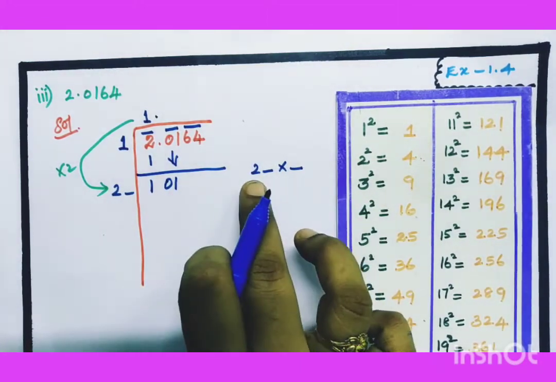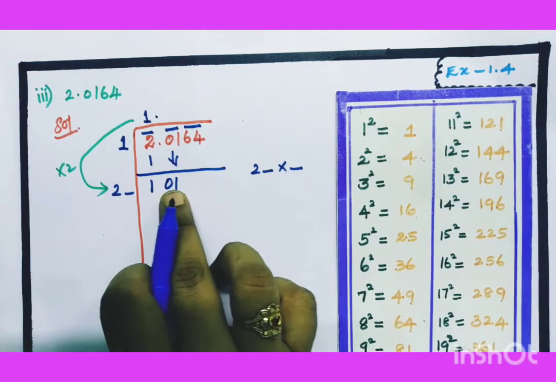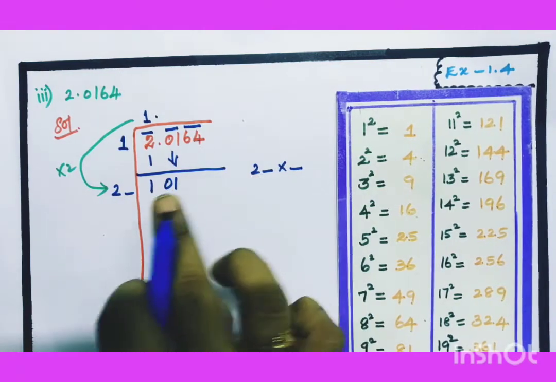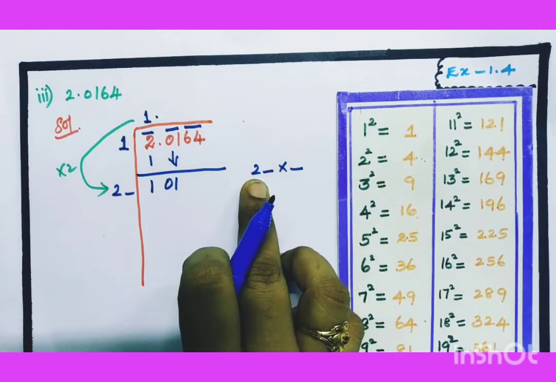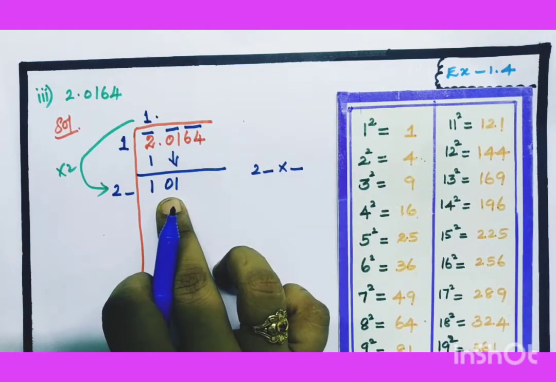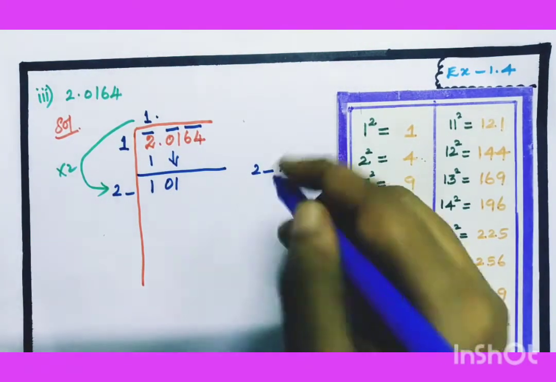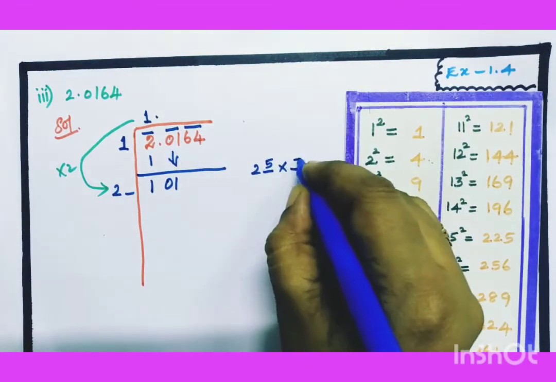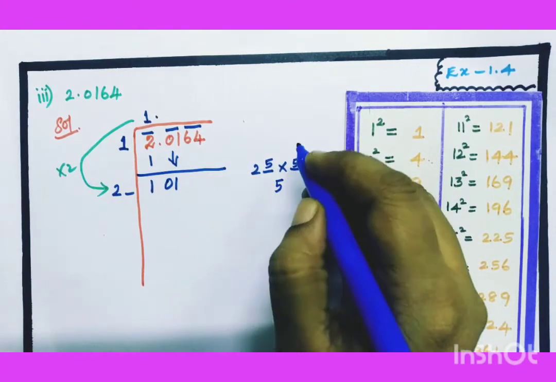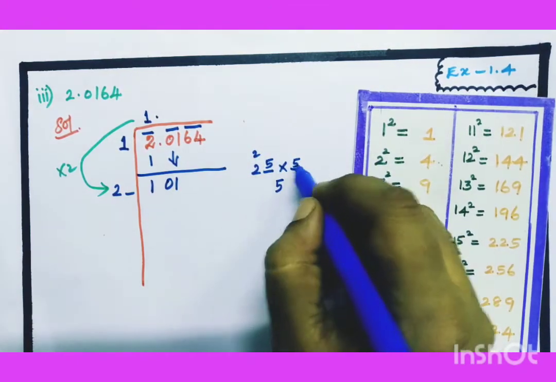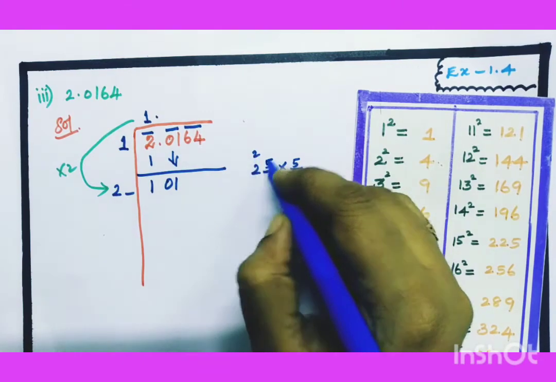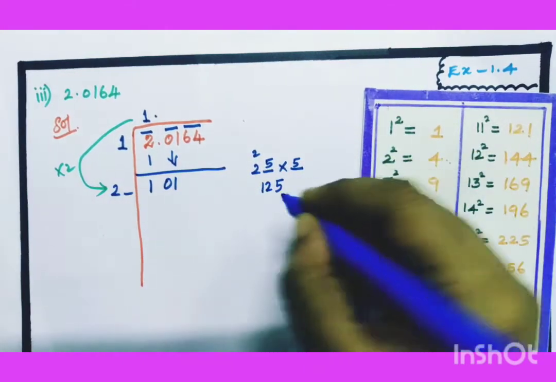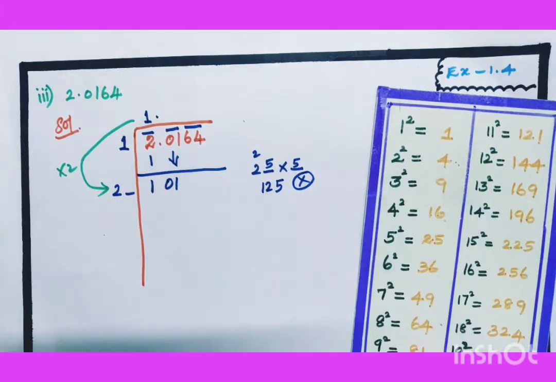Now the shortcut I said: here you can see only the 2 digit, 10. 2 table 5, how many times is 2 in 10? 5 times. So I am going to try with 5. 5 5s are 25, remaining 2 5s are 10, 10 plus 2 is 12. It is more, so we can't.